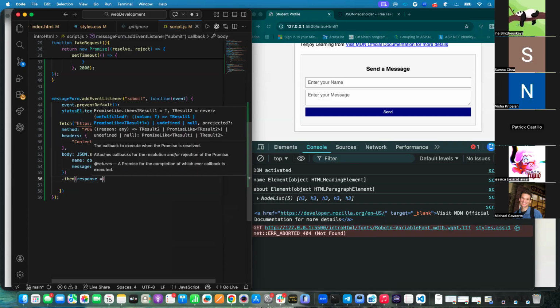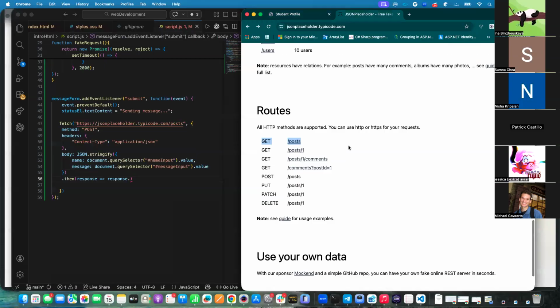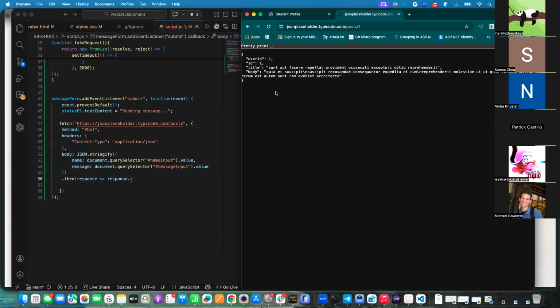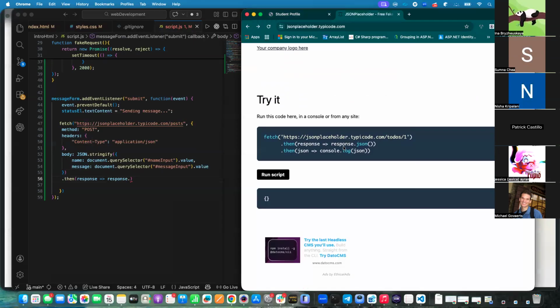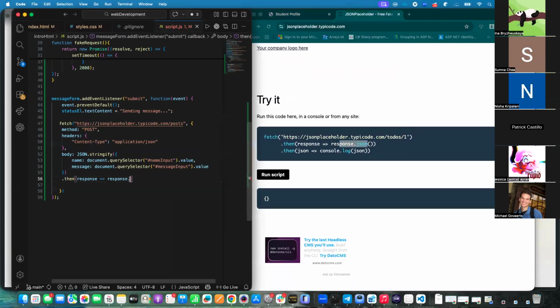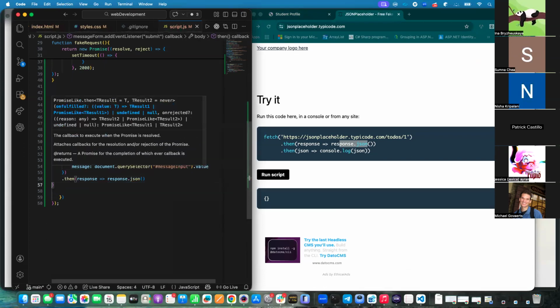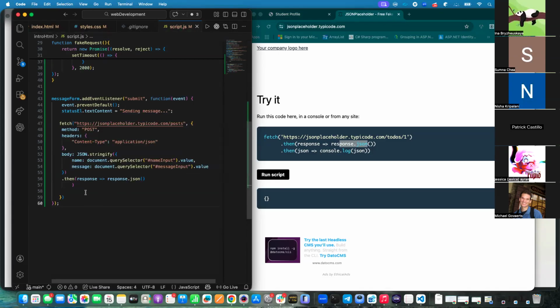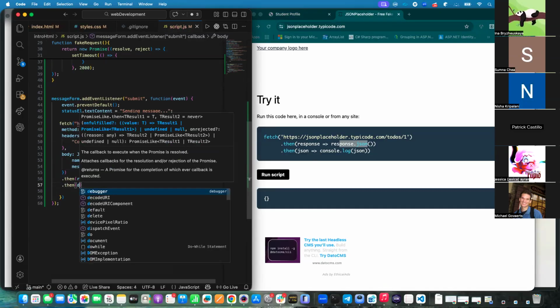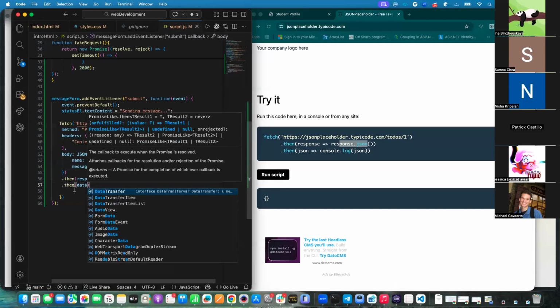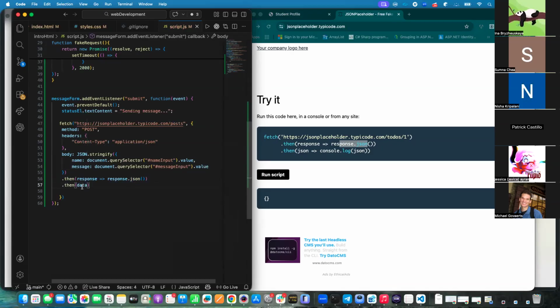Then what do we want to do? We can log. No, we are not. We just want to remember, similar to what we saw there, we convert it to JSON. Then we chain it again, we add a chain, dot then. Now this will give us our actual data after converting to JSON. It will give us our actual data, and this data we can